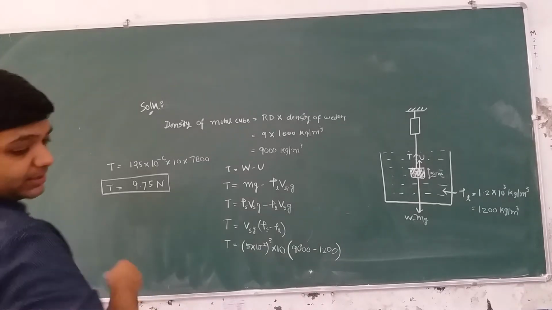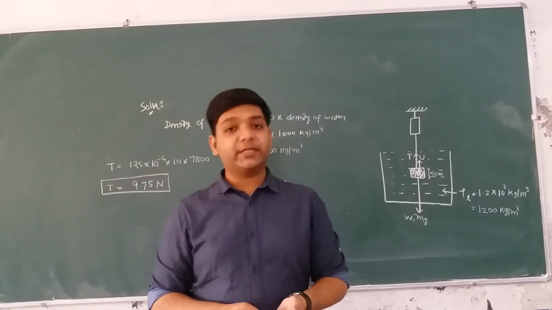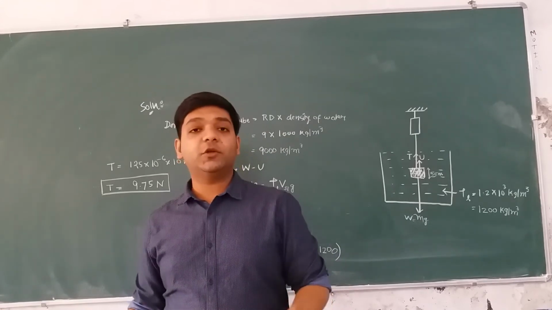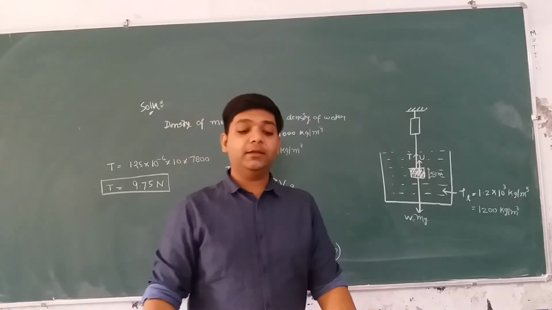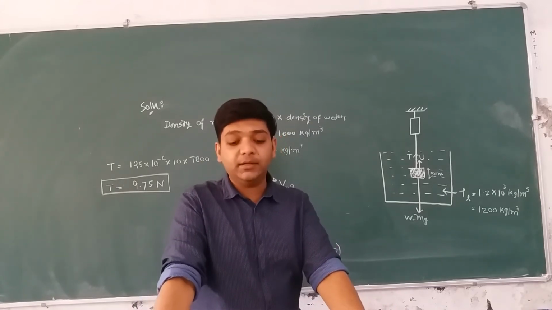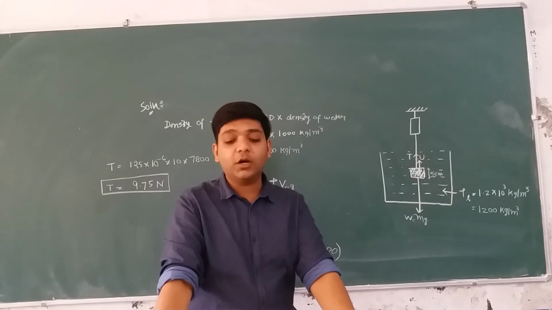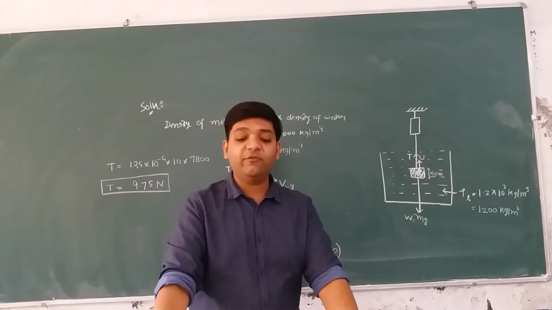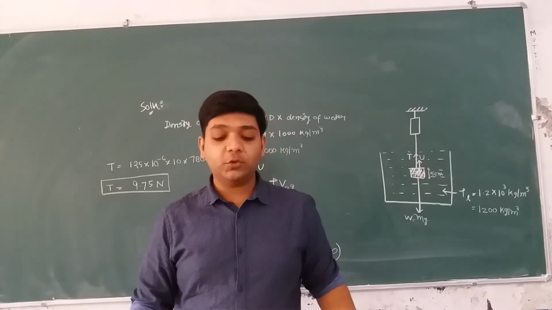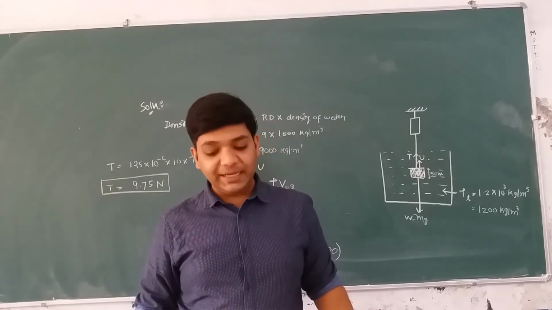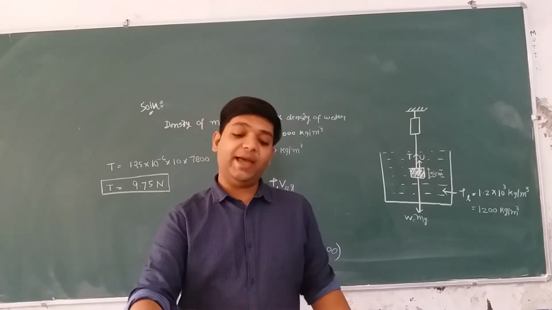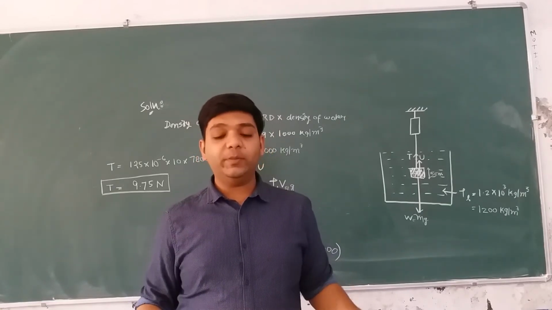So now please write down the next question. I am dictating the next question to you, and this question is based on equation of continuity. Please write down. The question says water flows through a horizontal pipe of varying area of cross section at the rate of 10 cubic meter per